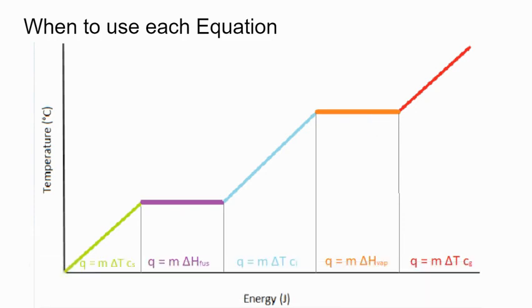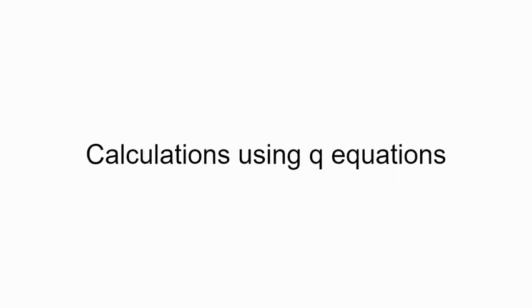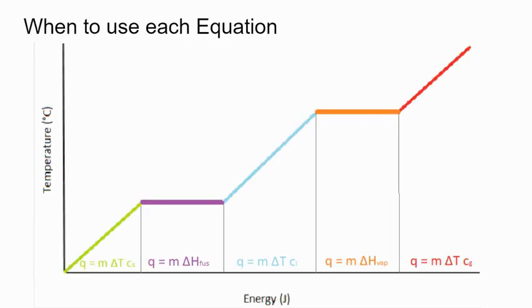The best thing to do is to have this written down and constantly refer to it, okay? And just trust yourself to be able to decipher a problem. So we're going to talk next about calculations using Q equations, but this right here is definitely what you want to have written down and have a decent understanding of. And then we will practice using this graph to make those kinds of decisions, and then also to